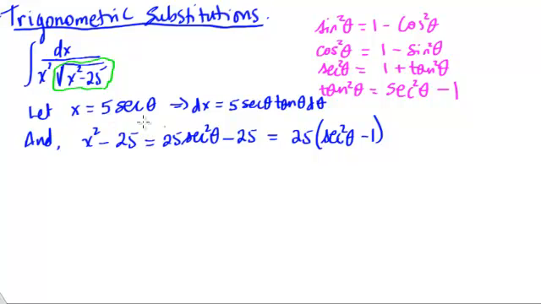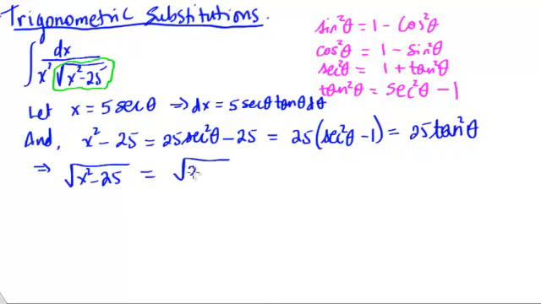And that's why I had the 5 here, so I can factor out the 25 and get an expression that looks like secant squared theta minus 1. But secant squared theta minus 1 is tangent squared theta, so I have 25 tangent squared theta. That tells us that the square root of x squared minus 25 becomes the square root of 25 tangent squared theta,